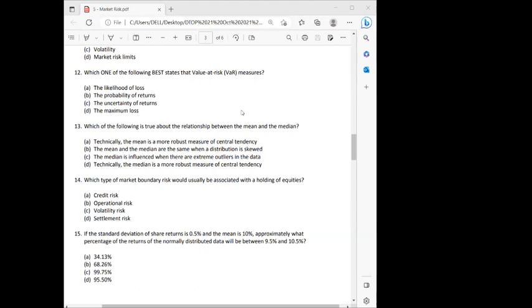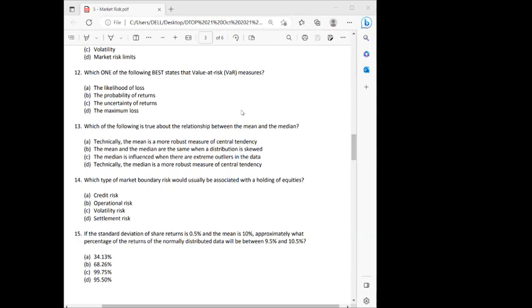Mean and median. So what is mean? Mean is the midpoint, the average, right? Mean is the average of a given set of numbers. Mean is the midpoint when you arrange the numbers in the ascending order. So